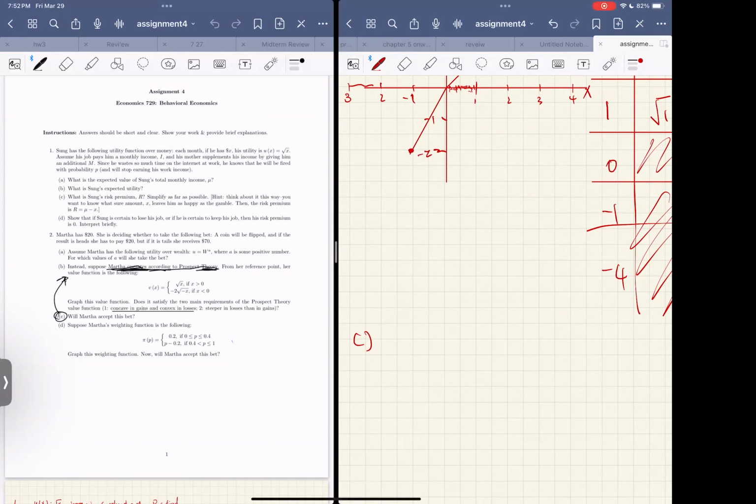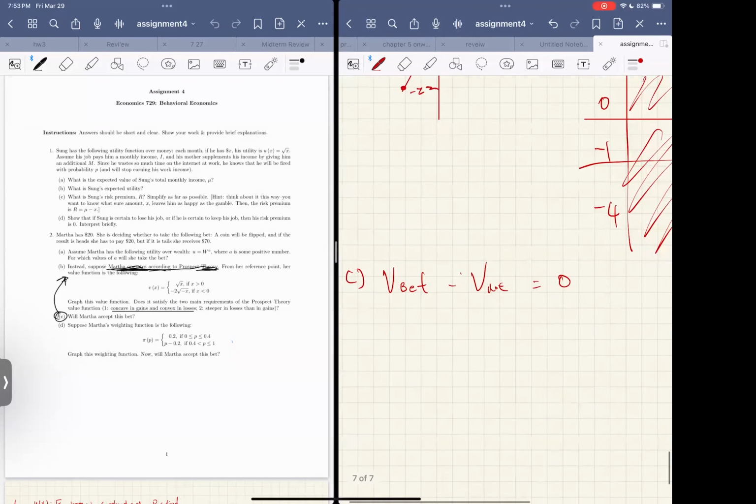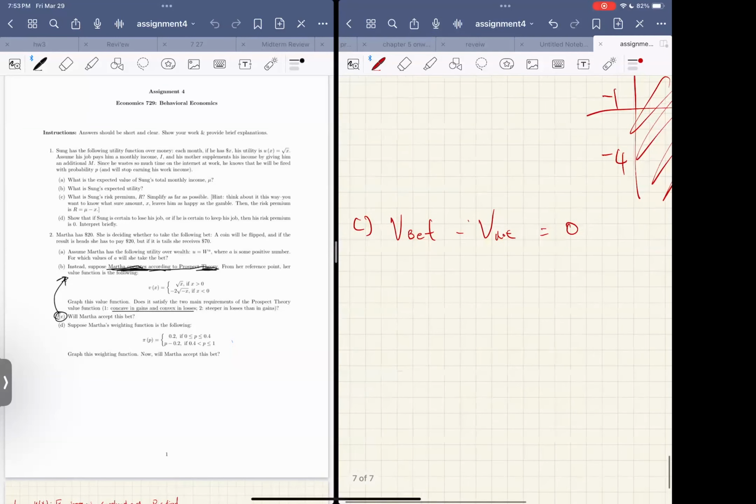Reference point. So V of bet is greater than... will Martha accept the bet? If it's will Martha, then value of bet minus value of not bet should be a positive number if she bets. So we set them equal to 0. So value of bet is